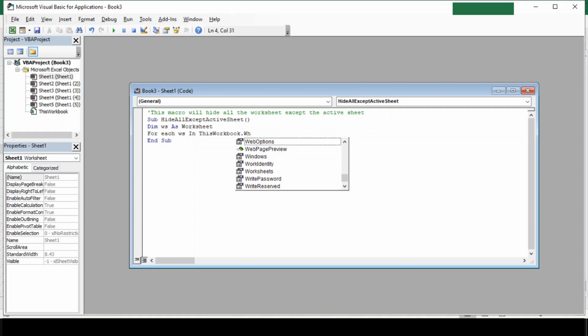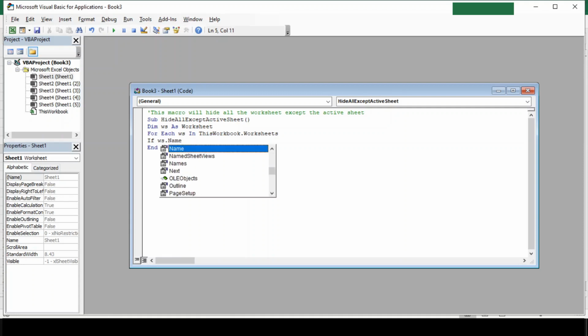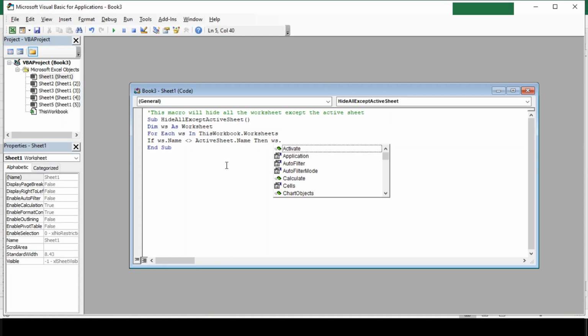Okay. Now, before we hide each sheet, we will first check whether the sheet is active or not. And if the sheet is not active, then we will hide it. So our logic goes like: If ws.Name not equal to ActiveSheet.Name, then ws.Visible equals xlSheetHidden.